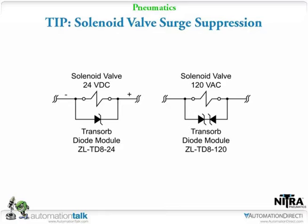And we, again, sell them in 24-volt DC or 120-volt AC. Dealing with inductive loads, if you're going to tie these into a solid-state output, such as a DC output module you'd find on a PLC output card like we did here with our Click PLC, you definitely want to put some kind of surge suppressor across that inductive load so the kickback, when it's de-energized, doesn't destroy the output transistor or MOSFET that's firing